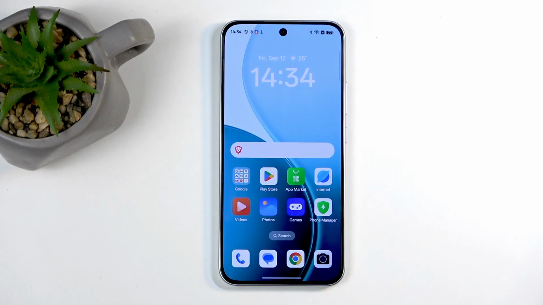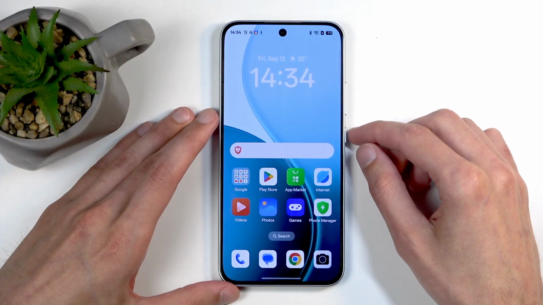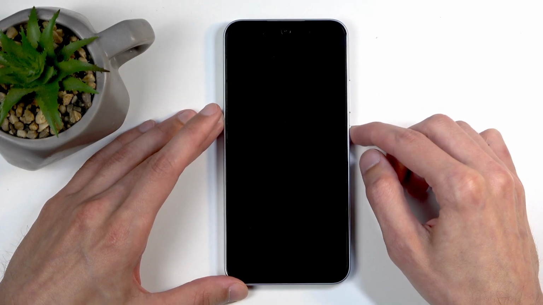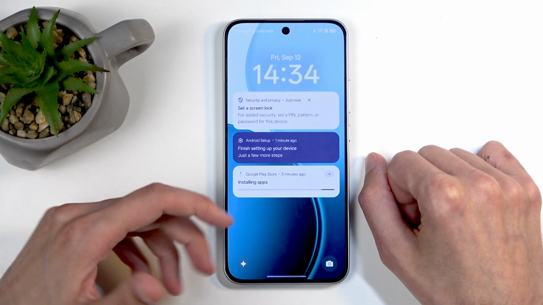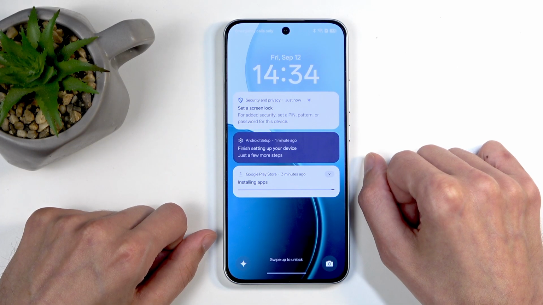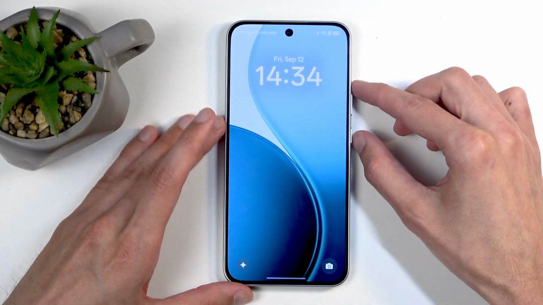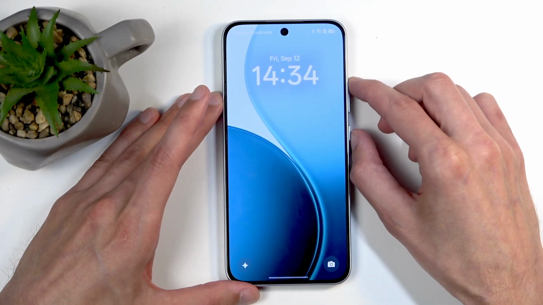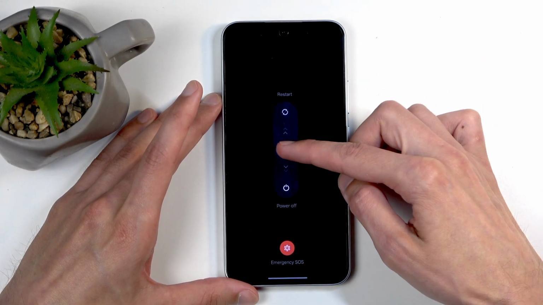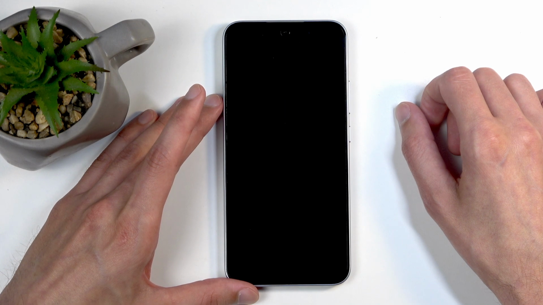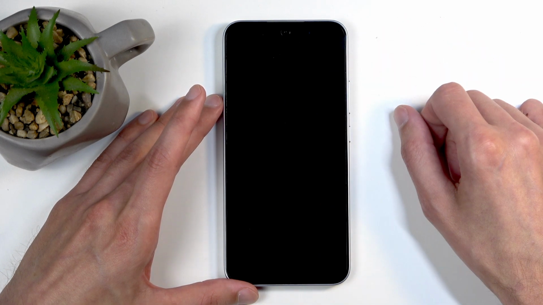So to get started, I will mention that you can do this reset in order to get rid of a screen lock that you might have set on your lock screen that, let's just say, you don't remember. Now, no matter which way you go about it, I want to start off by turning off your device, which you can do by holding the power button and the volume up, and then swiping down to turn off your phone. Give it a moment, you'll feel a vibration which indicates the device is now fully turned off,